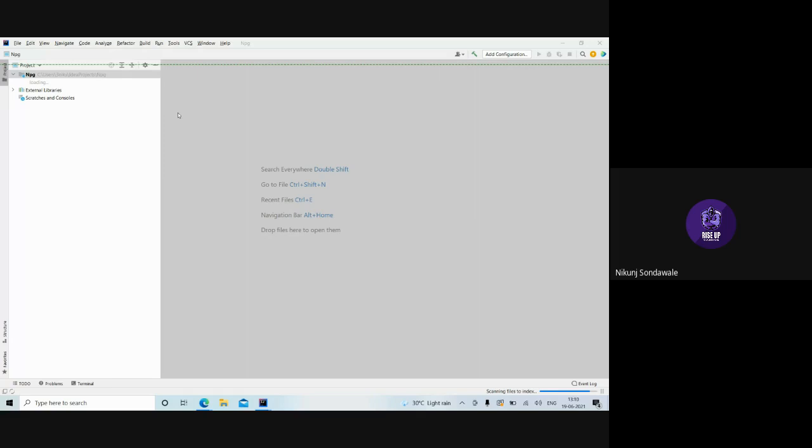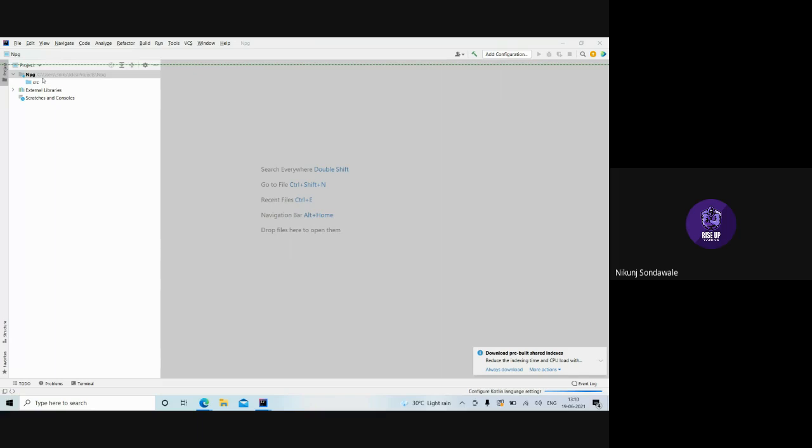So now, here you can see our project name is written, which means our project is created. And now inside that we have to create a package. So wait till it loads and then you will find one SRC folder.